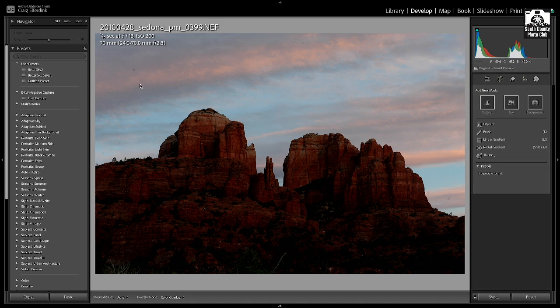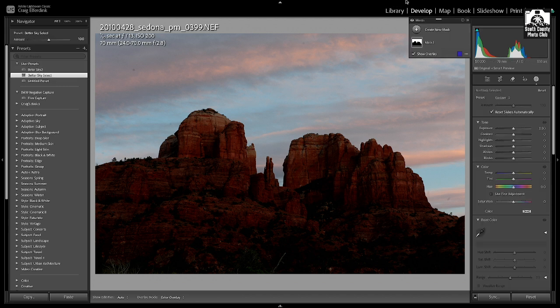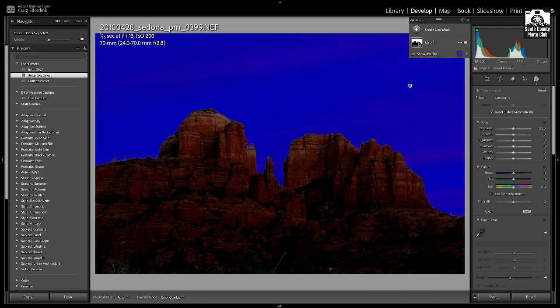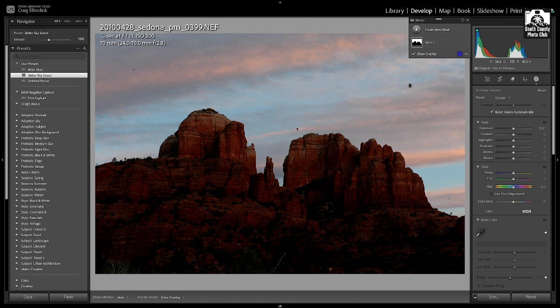Okay, so now, again, I'm going to click Better Sky, and then it opens up. And now you click on the mask, because you have to hover over that mask to show it. So you can see it's using all of the intelligence the same way. It's not specific to the shape of the rock or anything. So it's gone in, and that creates